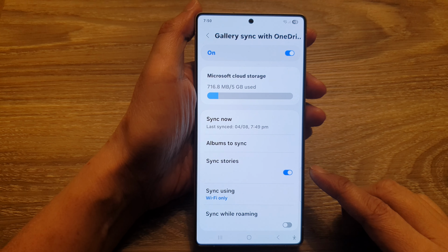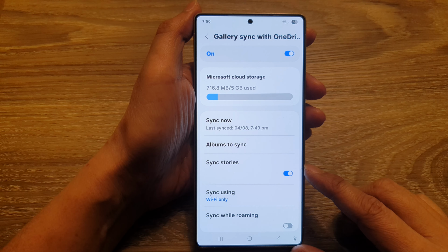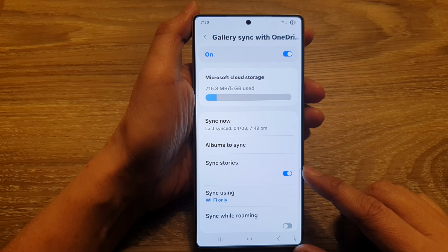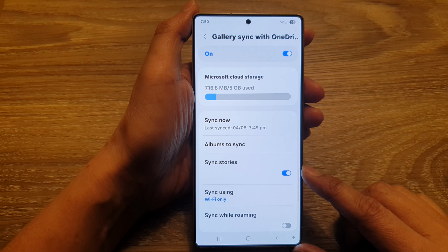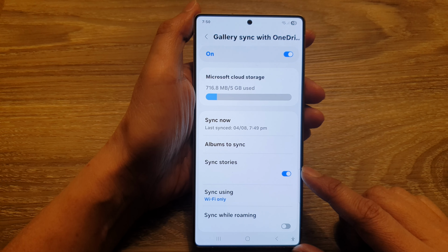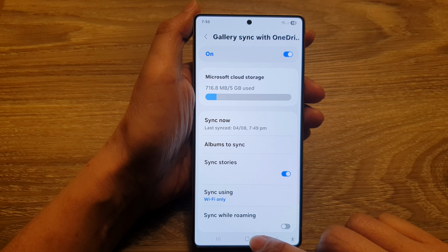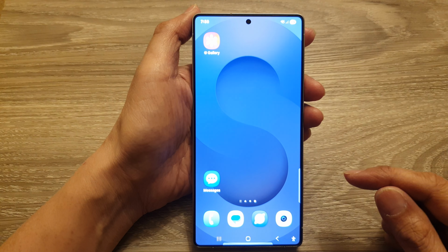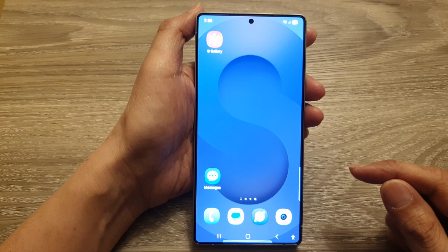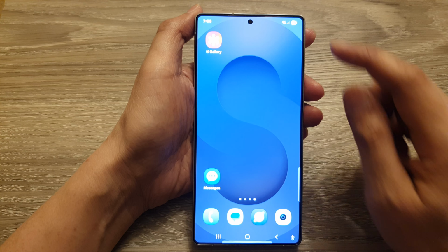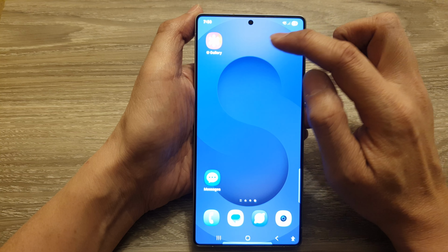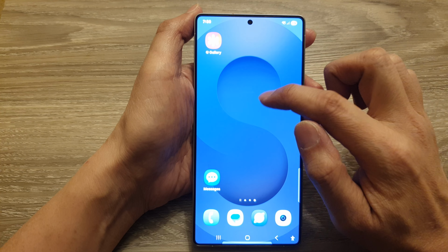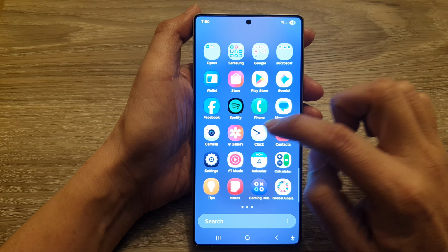How to enable or disable sync stories in Gallery on the Samsung Galaxy S25, S25 Plus, Edge, or Ultra. First, tap on the Home button to return back to the home screen. Now, from the home screen, we open up the Gallery app, or in the apps list, open up the Gallery